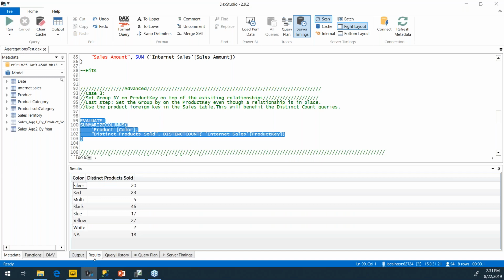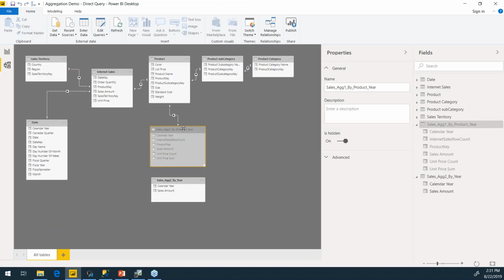This query right now is showing distinct products sold by color, right? And it's not able to find this information in the aggregation because our aggregation only had sum and count rows. It didn't have distinct count, right? But there is a way that we can help it a little bit. So if I go back to the aggregation